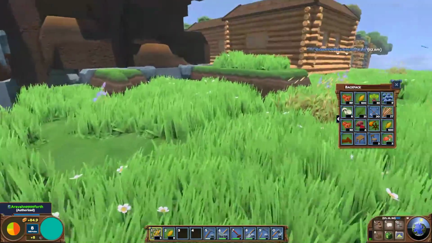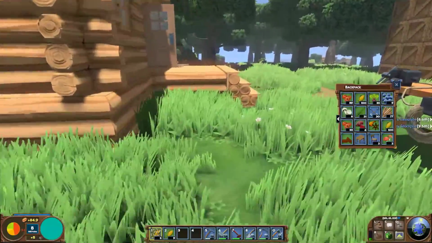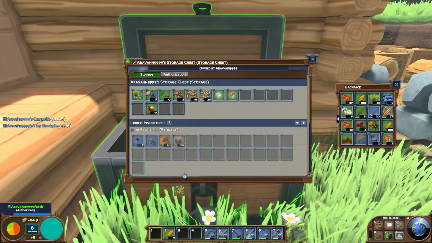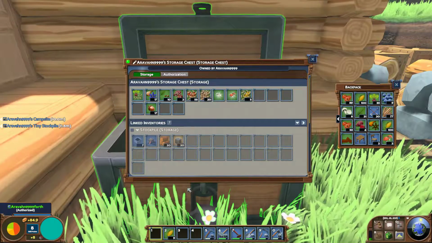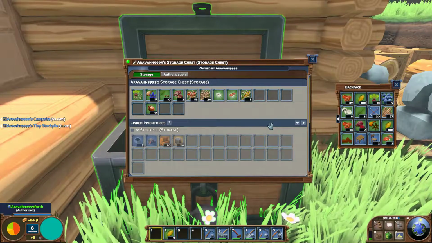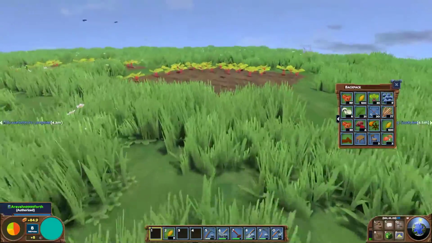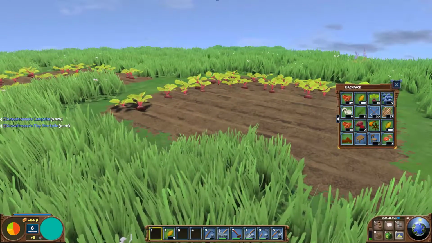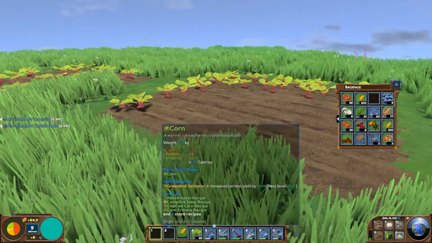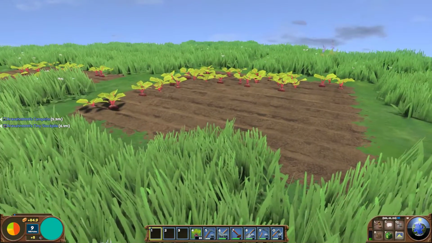A lot of wild wheat around here too. Okay, I should start another bin just for corn. See how our beets are doing. Do I have any beets on me? 33. 33 beets. Put the corn in here. And then I don't have any beet seeds on me, so